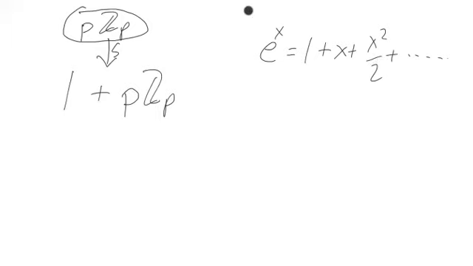So as long as our domain is pZp, we have this function sending x to e to the x. This will be convergent on pZp. So that'll be just fine. It's convergent and it's also